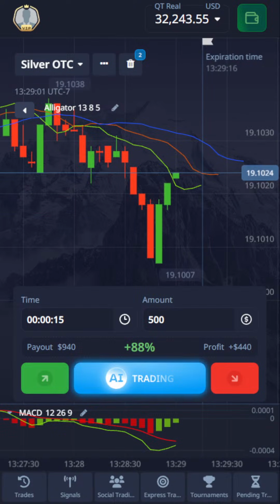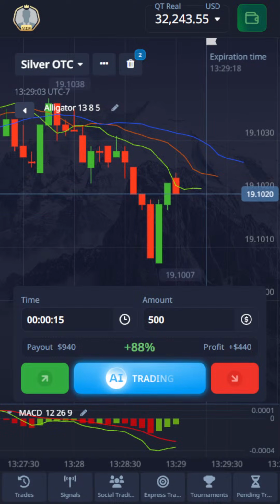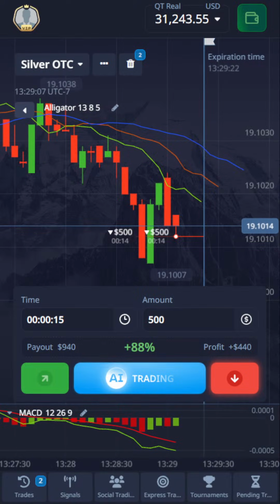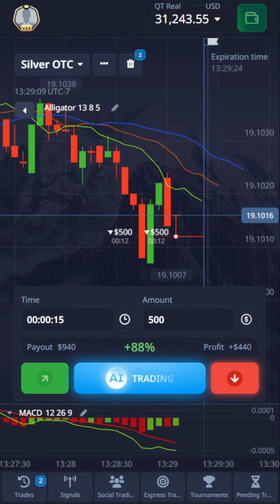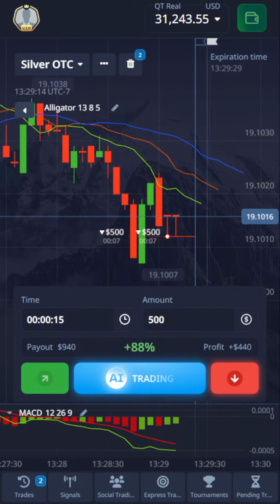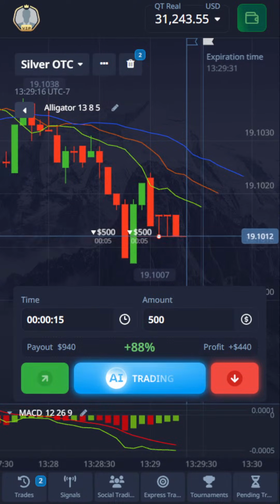Okay, so we are looking at those engulfing candles and the candles that are closing above and the candles that are closing below. Then of course for the indicators, we are basically looking at